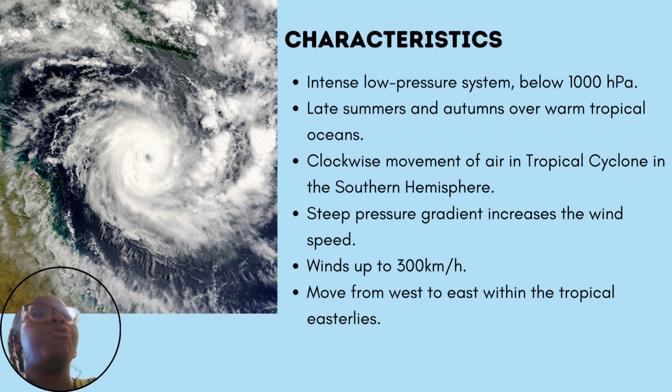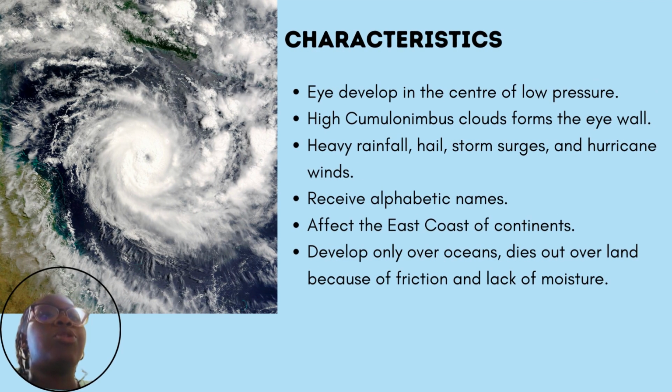And then it usually moves from west to east within the tropical easterlies. Right. And we also have the eye. If you can see in that image there, there's that center. That's sort of your eye of the storm, which develops in the center of low pressure. And you have your high cumulonimbus clouds that form the eye wall, which presents heavy rainfall, hail, storm surges, and